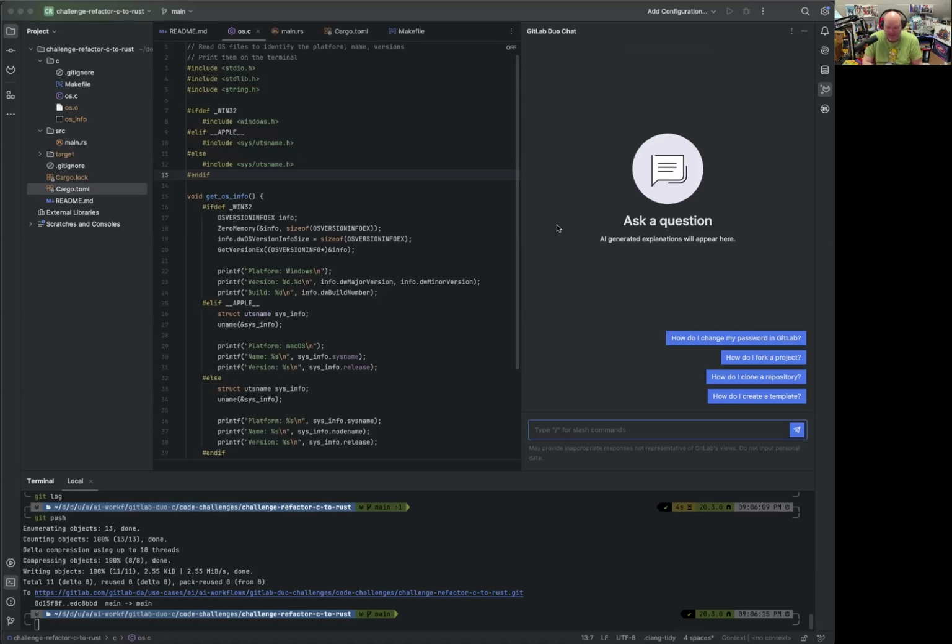And in today's GitLab Duo Coffee Chat, we also want to look into refactoring source code. And not just refactoring C code, which you can see here, but actually refactoring it into Rust. This is today's challenge. And before we dive in, we need to familiarize ourselves with the